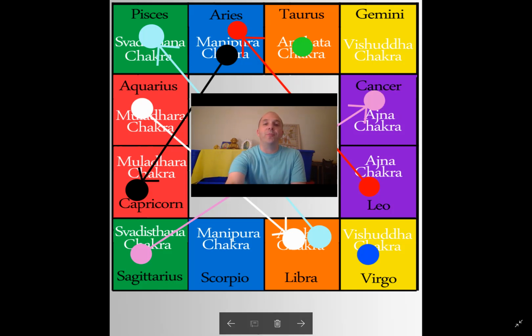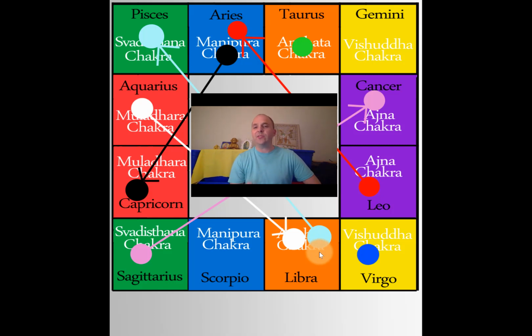Now, let's look at the next planet in line, which would be Venus. So Venus's moolatrikona is in the masculine half of the Anahat chakra, which is the heart chakra, of course, and that is about taking action, finding the things in life that are going to be the most fulfilling for us. Like actively finding that, weighing the opportunities, saying, well, which one is the path that's going to be the best for me, and how can I do a little bit of everything to make everything work for everybody?